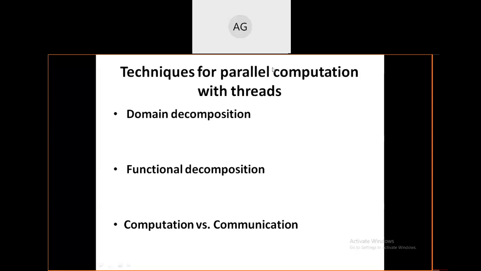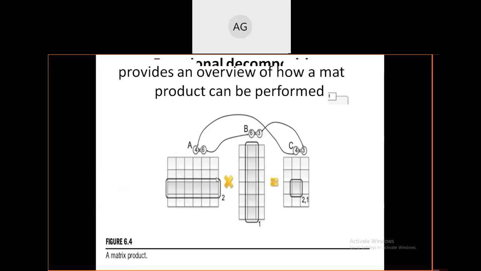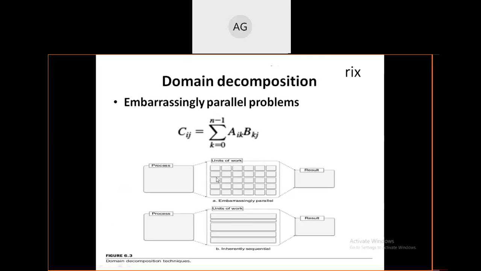So we covered domain decomposition. Now, one example I have not explained in that domain decomposition, as well as this one, is domain decomposition using embarrassingly parallel problems. So here, this is nothing but